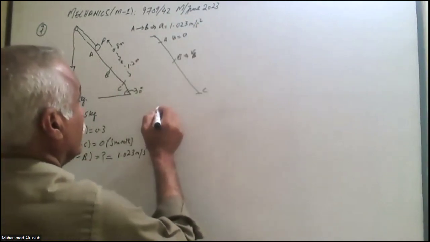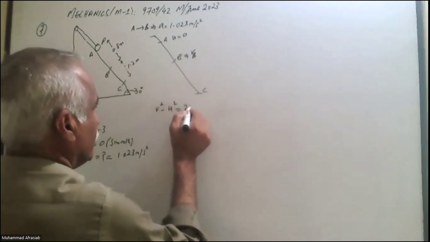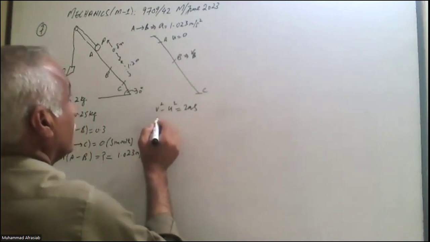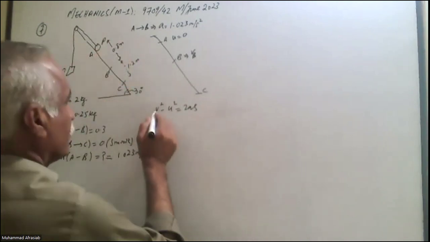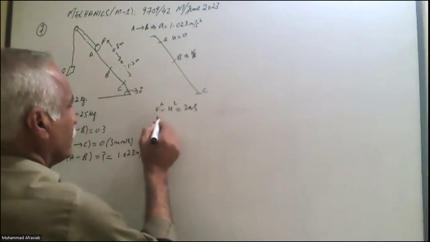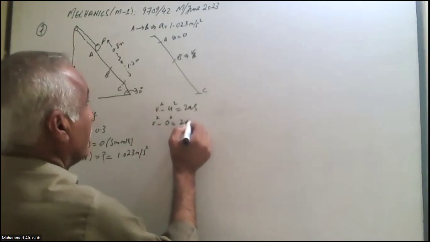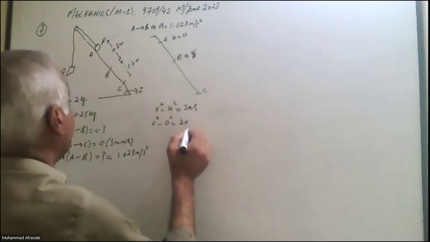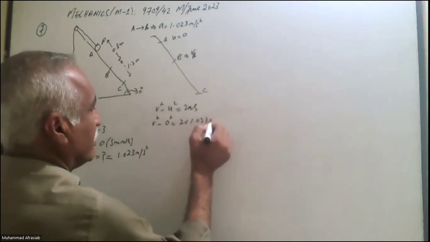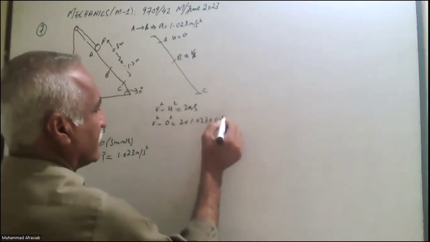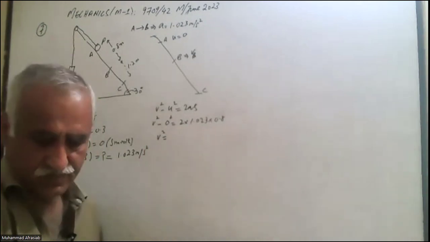We know the formula v square minus u square is equal to 2as, where the distance from A to B is 0.8 meter. So v square minus 0 square is equal to 2 into 1.023 into 0.8,